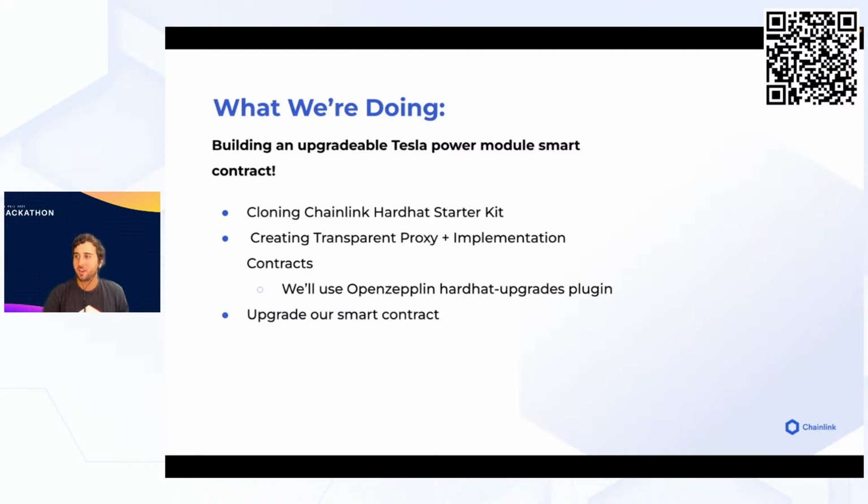Okay, let's go ahead and get going with the cool code. So, why did I say that Tesla example, right? Well, again, Tesla upgrades a lot. So we're going to try to do this coding in a context, make it a little fun, built in the context of an upgradable Tesla power module